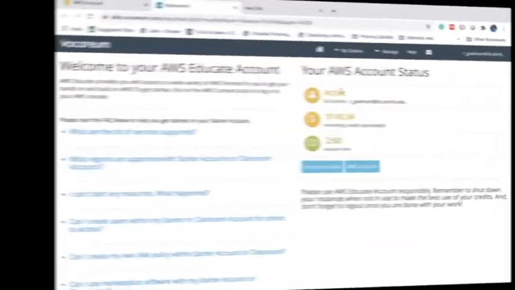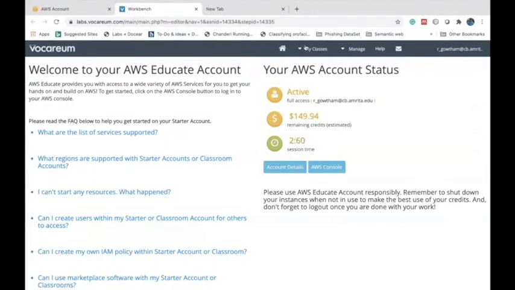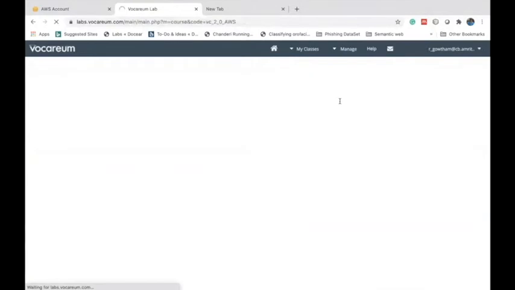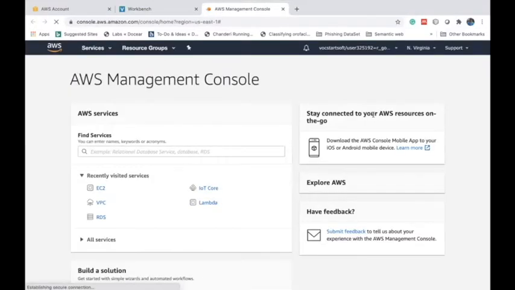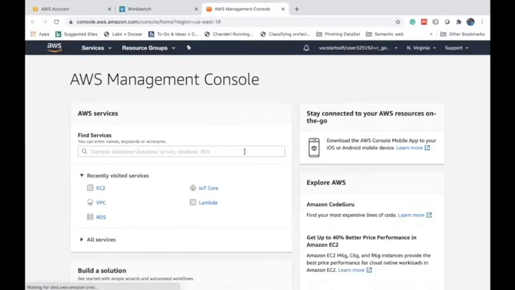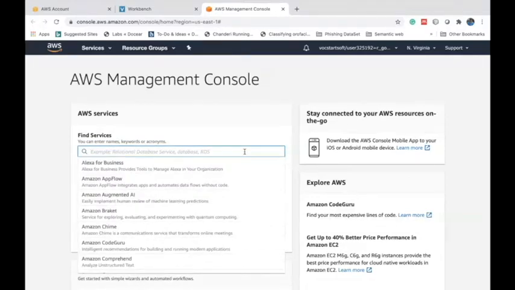Okay. Log into your AWS Educate account and go to your class. So the main intention of this particular session is to create a Linux based virtual machine. Go to the AWS console. These steps are common steps, whatever we have done in the morning, the same thing.